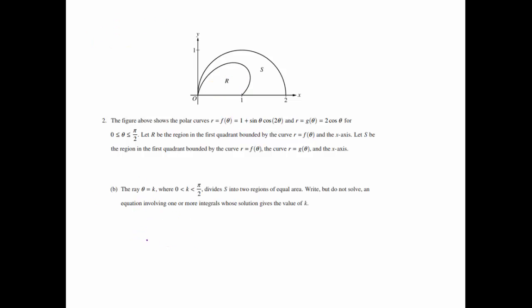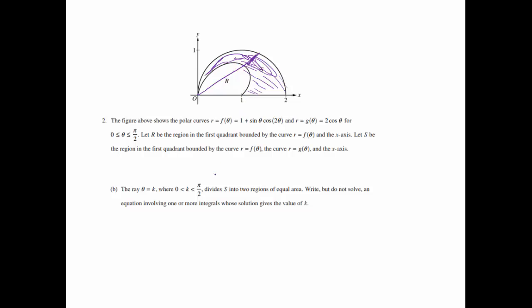Okay, part B, the ray theta equals k, where k is somewhere between 0 and pi over 2, divides S into two regions of equal area. Write, but do not solve, an equation involving one or more integrals whose solution gives the value of k. So first of all, S is this region right here. And what they're wanting us to do is draw a ray somewhere. I'm not sure exactly where it's going to go, but what we want this ray to do is split region S into two